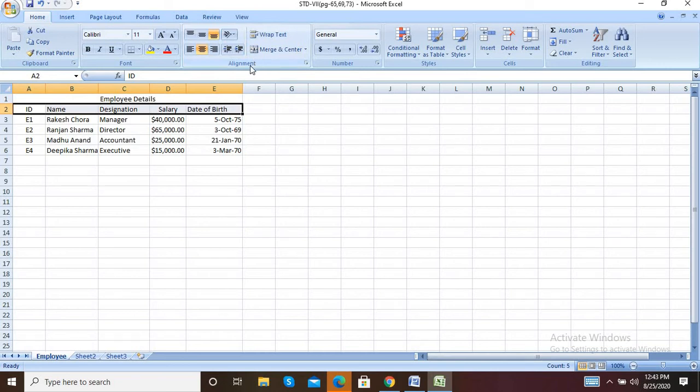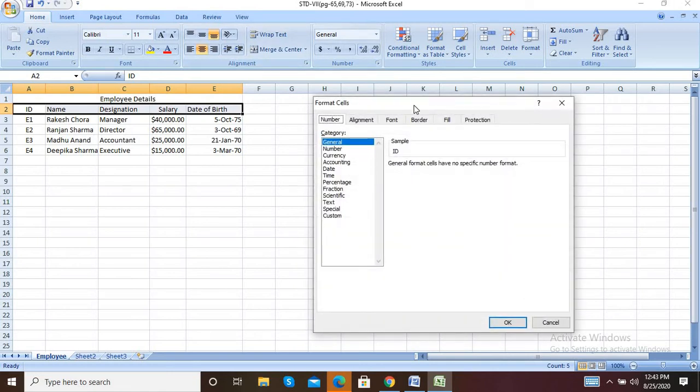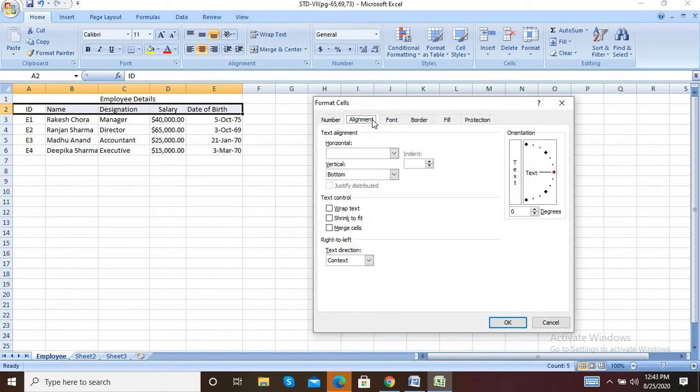Okay, alignment, what they said: change the text orientation to 30°. So with the help of this number, we have to change the alignment to 30°. With the help of this, you can increase or decrease it to 30° like this.